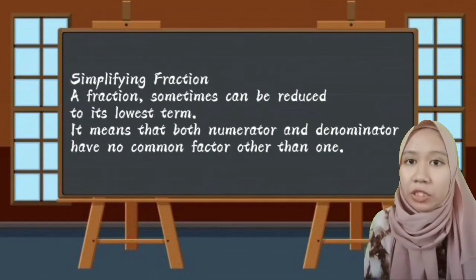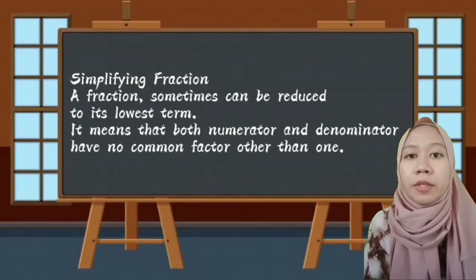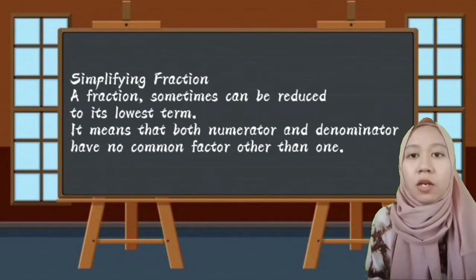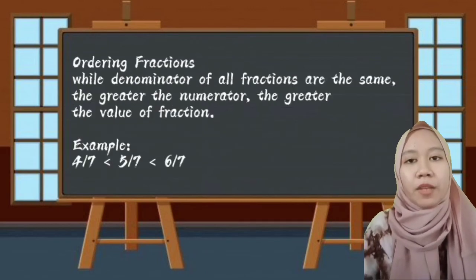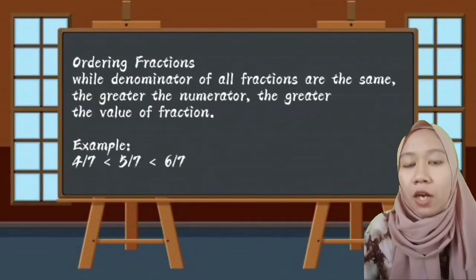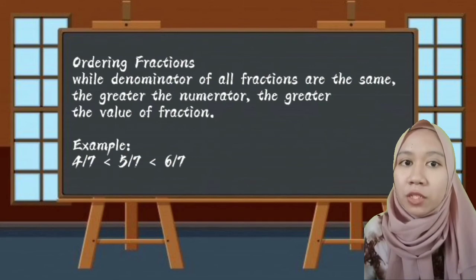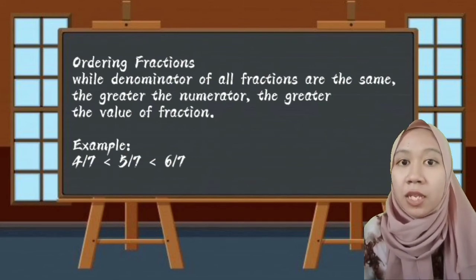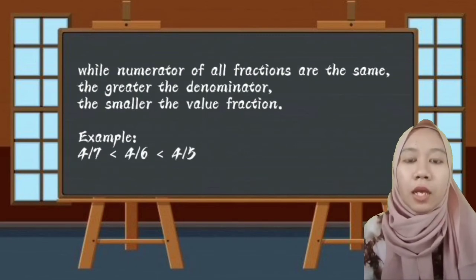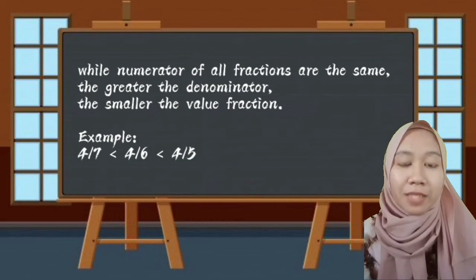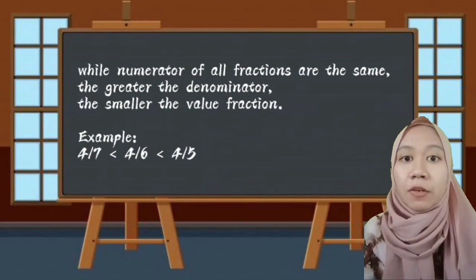Next is simplifying fractions. A fraction sometimes can be reduced to its lowest term. It means that both numerator and denominator have no common factor other than 1. Next is ordering fractions. The first is that there are two or more fractions with the same denominator. The fraction which has the greatest value of all fractions given is the fraction with the greatest numerator. Second, if there are two or more fractions with the same numerator, the fraction which has the greatest value of all fractions given is the fraction with the